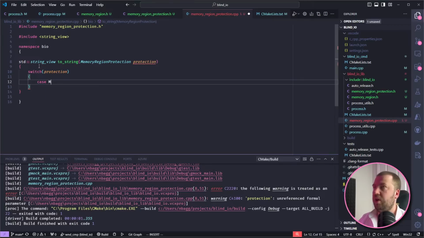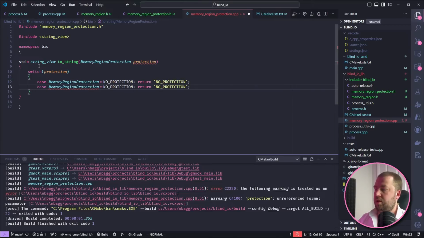So we have to do memory region protection, execute. I'll start with the no protection. Return no protection. Right. Even if you use copy and pasting and stuff, having to fully qualify this is a bit tedious, and I find it quite hard to read.